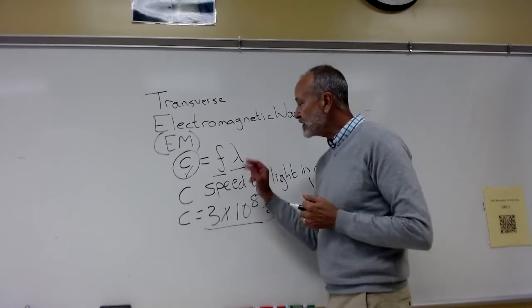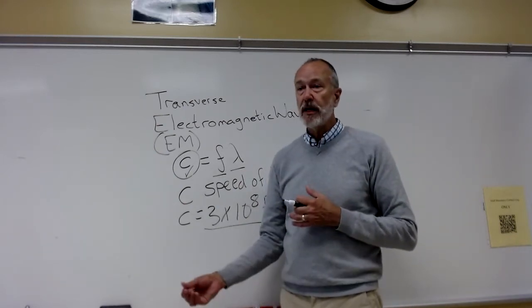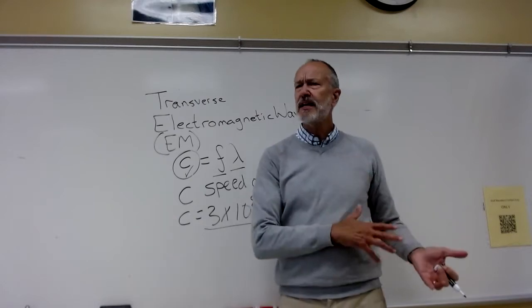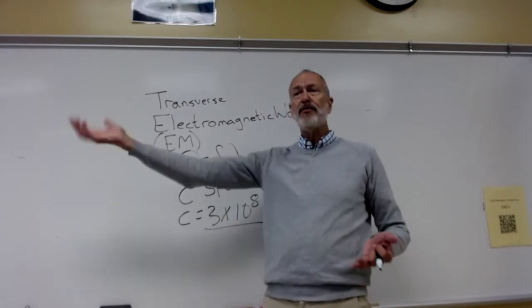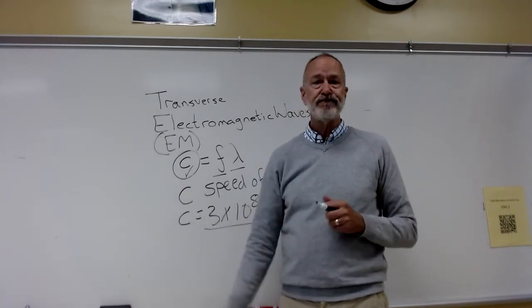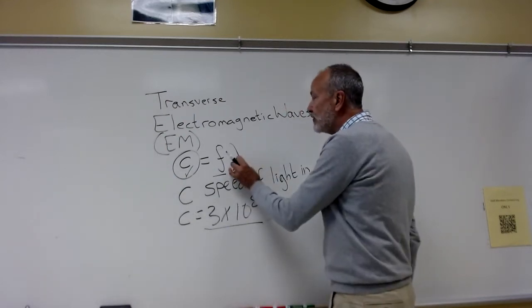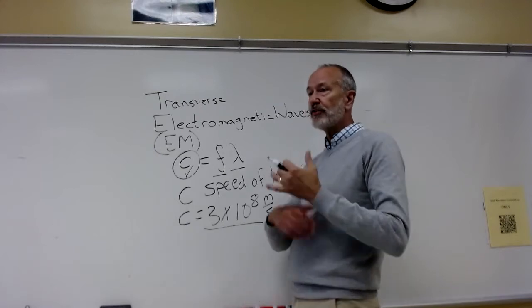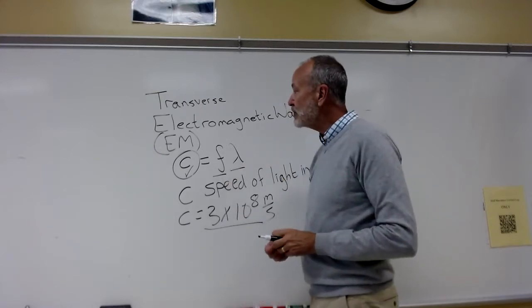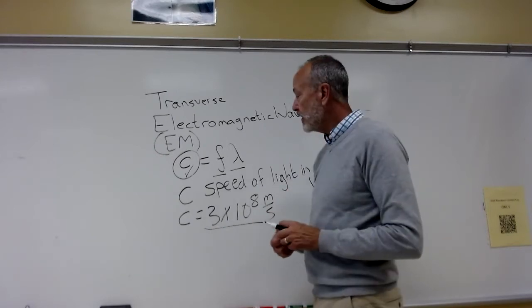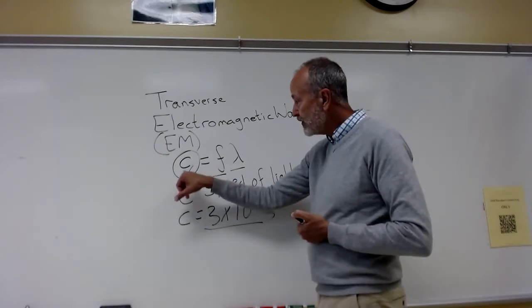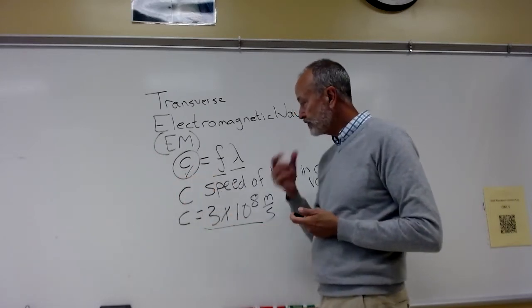So these wavelengths can be anywhere from down to 10 to the negative 10 meters, I believe, up to radio waves that can be 10 meters long. So the range of electromagnetic waves is just a phenomenal thing. So that's the electromagnetic spectrum, and that's one way we use the wave equation with our special speed.